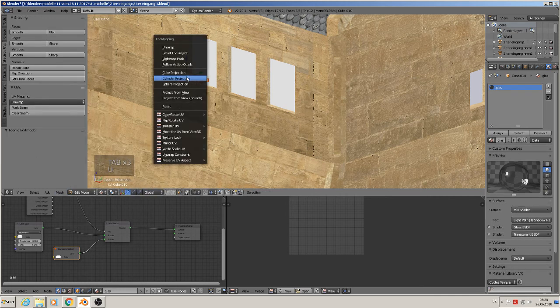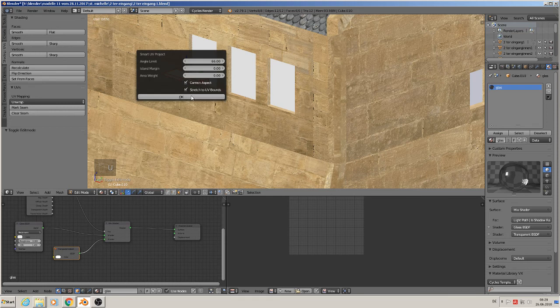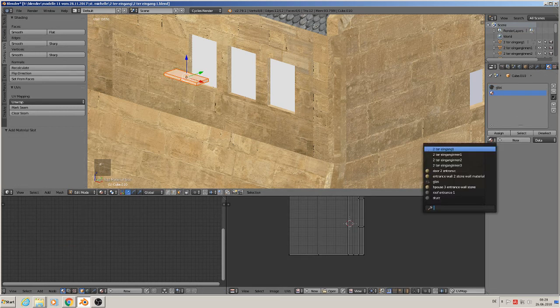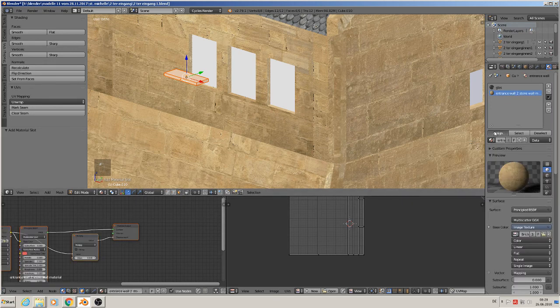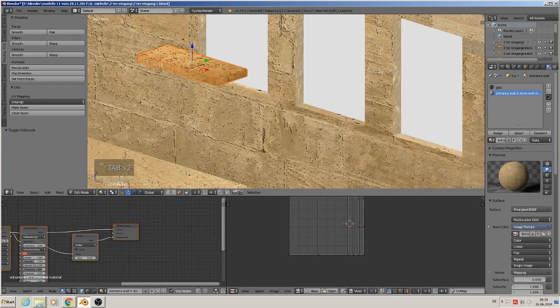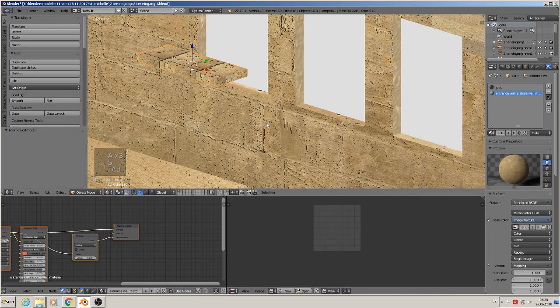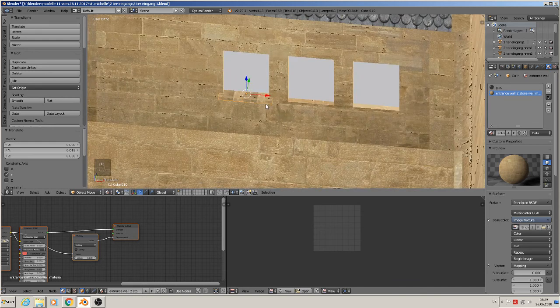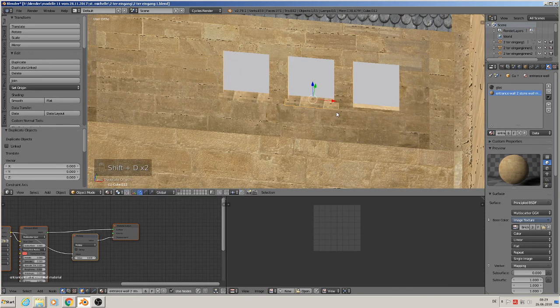We take a smart UV project unwrap and put the other entrance stone material on it, and then we have this board in a stone look, and that we plug in here and bring it, Shift D, to the other two,